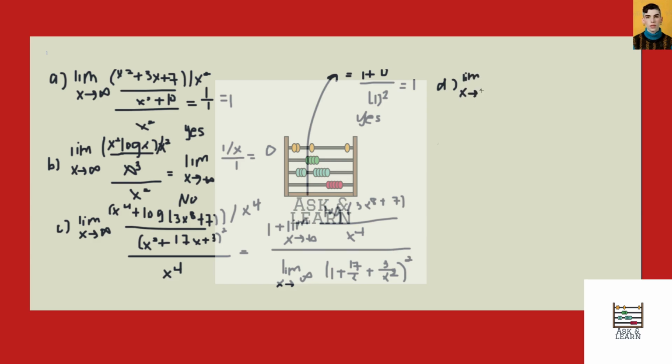So limit as x approaches infinity for x cubed plus x squared plus x plus 1 to the fourth, all over x to the fourth plus x cubed plus x squared plus x plus 1